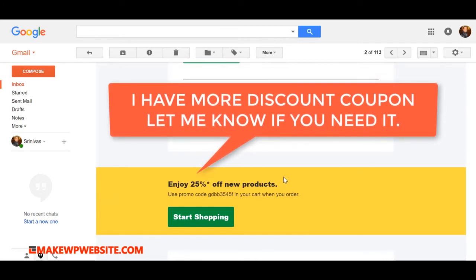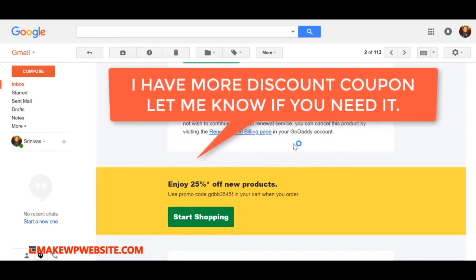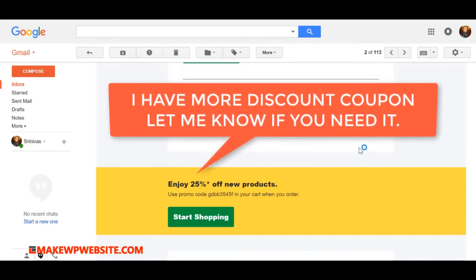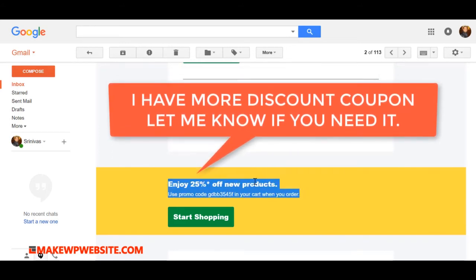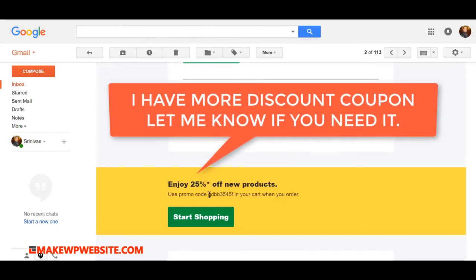If you think that you want to buy more domains, they will give you some coupon code, right? We haven't used a coupon code earlier, but I want to show you that once you make a purchase, you start receiving these coupon codes. I didn't have it earlier, so I don't know what the coupon code was, but once you make a purchase, GoDaddy starts sending you lots of coupon codes just to make sure you keep buying from them. So this is one of the areas that you have to look out for. And if you want to buy another domain, then make sure you use the coupon code in the billing page.